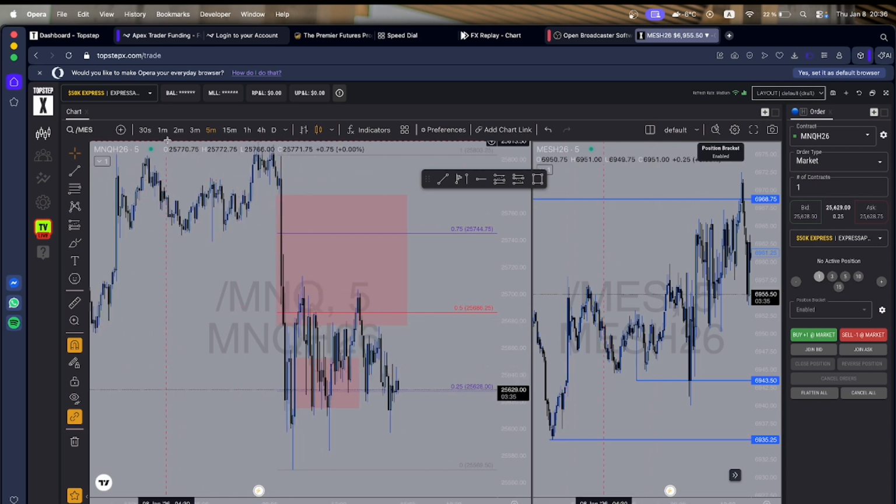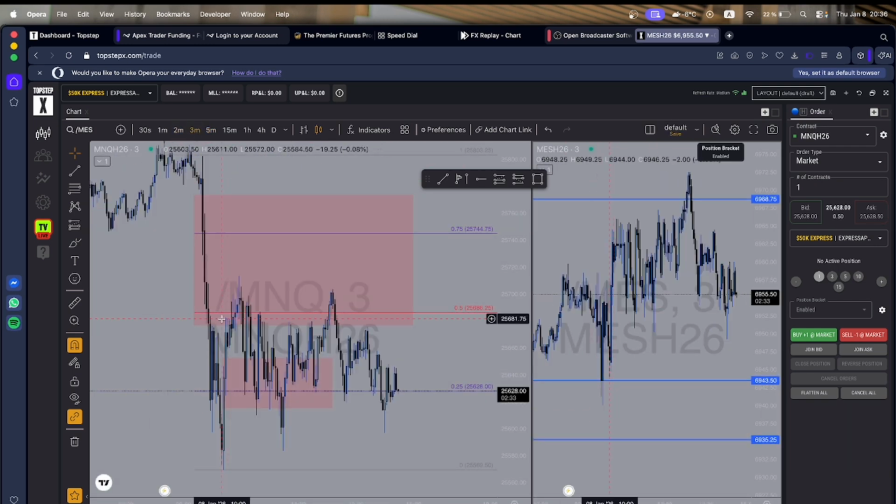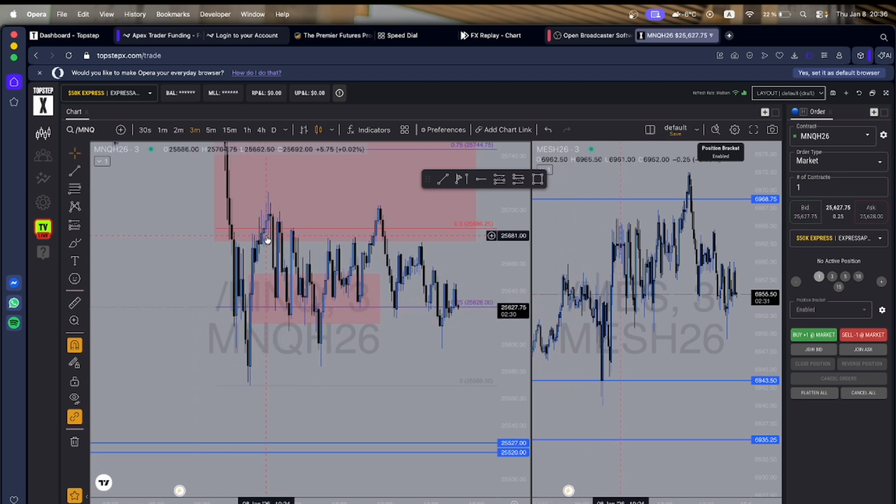We could have had long here on the 3-minute upside to this 50-minute gap, but I was not so sure because we are ripping lower and I wanted to see these lows get hit, and I did not want to get caught up in longs because it would have played out, but it was not the trade for me. I was wanting to be patient with my entries,